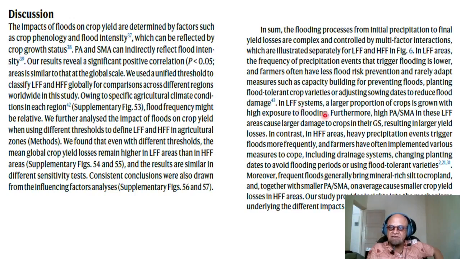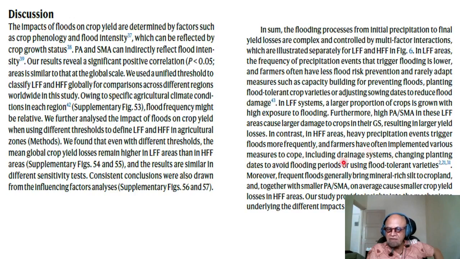In LFF systems, a larger proportion of crops is grown with high exposure to flooding, so exposure itself is different. Furthermore, high PA-SMA in these LFF areas cause larger damage to crops in their GS growing season, resulting in larger yield losses. In contrast, in HFF areas, heavy precipitation events trigger floods more frequently, and farmers have often implemented various measures